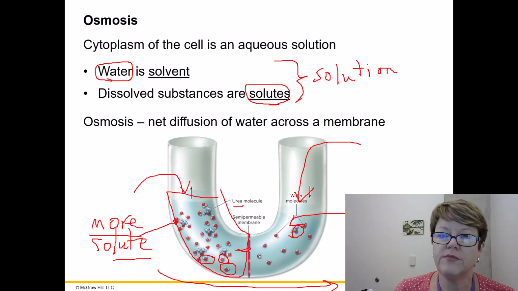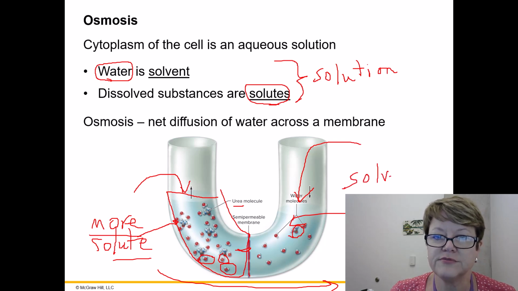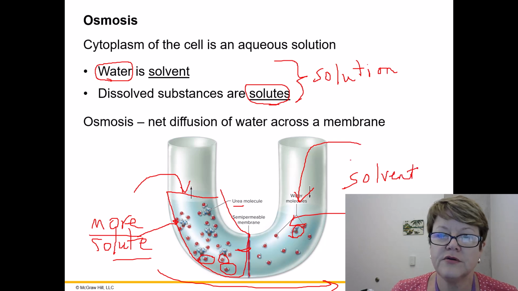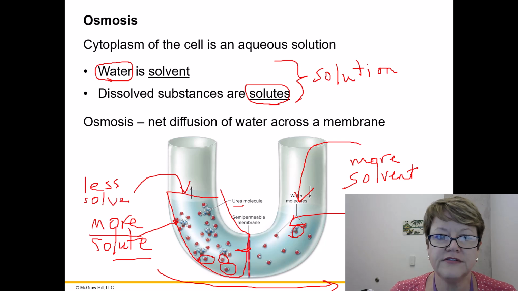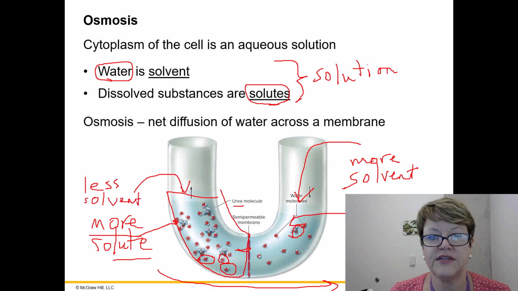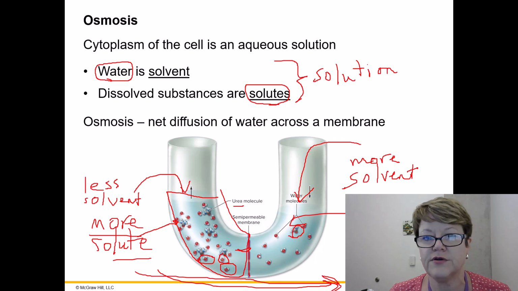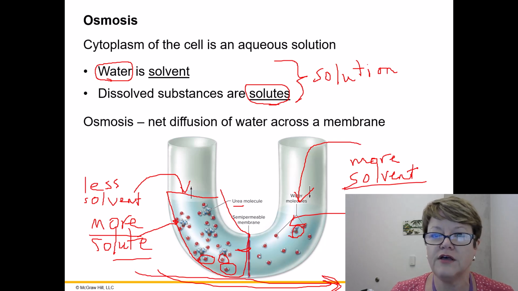At the same time, the water molecules, if there's less solute on this side, that has to mean there's more water. So there's more solvent in terms of concentration wherever there is less of the solute. And there is less of the solvent comparatively on the side where there is more solute. And so just like the urea will want to go from its area of higher concentration to its area of lower concentration, the water molecules will also want to go from their area of higher concentration towards their area of lower concentration,